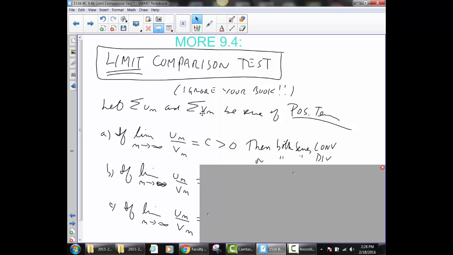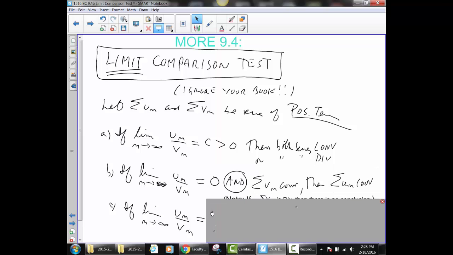So if you found out series VN was convergent and the limit as n goes to infinity of UN over VN is equal to 5, let's say, then your series UN is convergent. If this one was divergent, then this one will be divergent. If the limit of UN over VN equals 0, and if the summation VN was convergent, then your original series UN is convergent as well. However, please note, if this limit is 0 and your VN was divergent, there's no conclusion and you'd have to